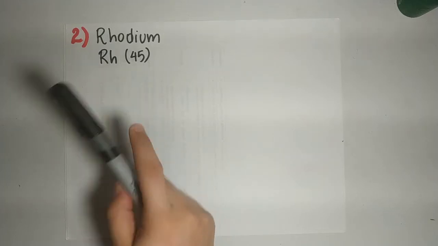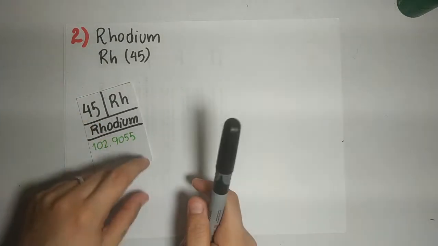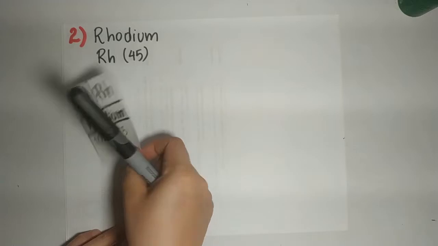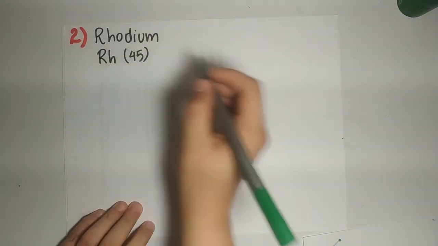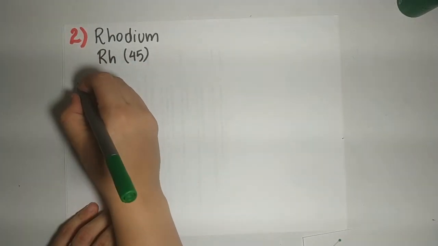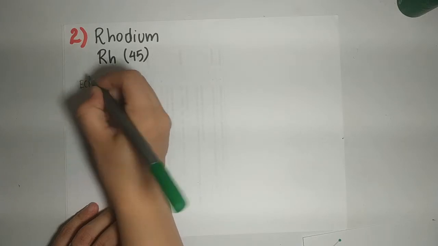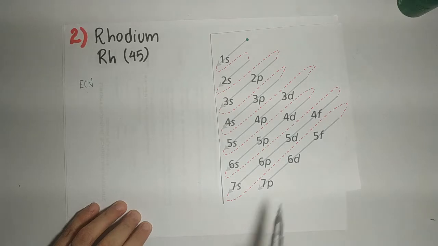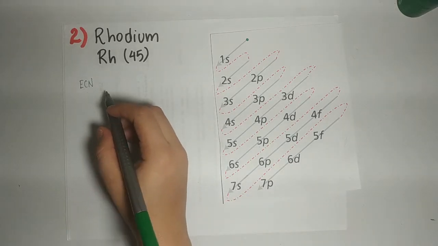We have rhodium 45. So this is the atomic symbol, and this is the atomic number that I took from the periodic table. I won't show you my periodic table, but here you go. Okay, so the first step, as we said before, is to build the electron configuration notation, as usual. So we say electron configuration notation of rhodium. Take this and we follow the pattern, and we have